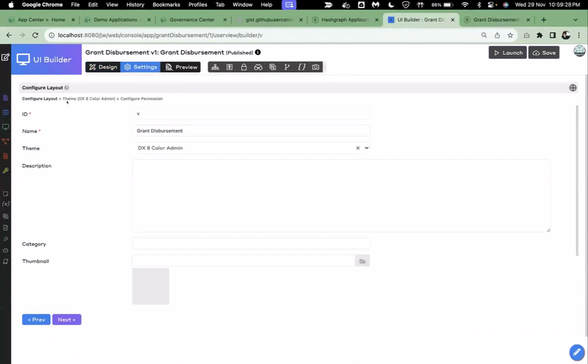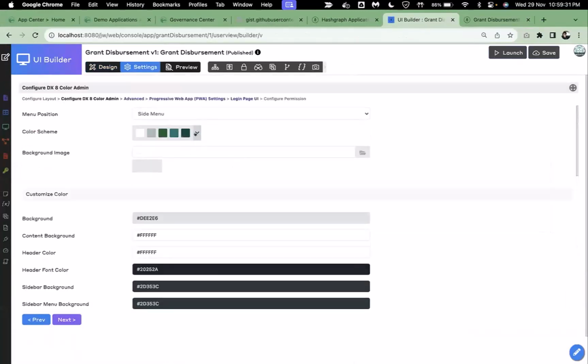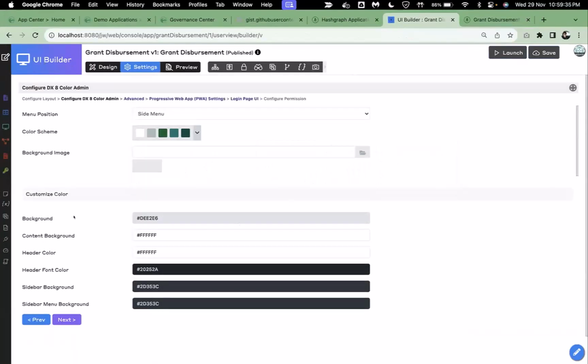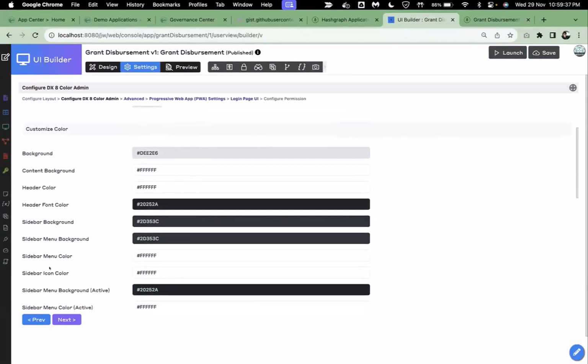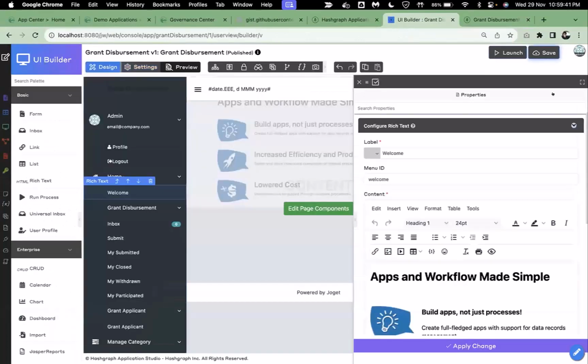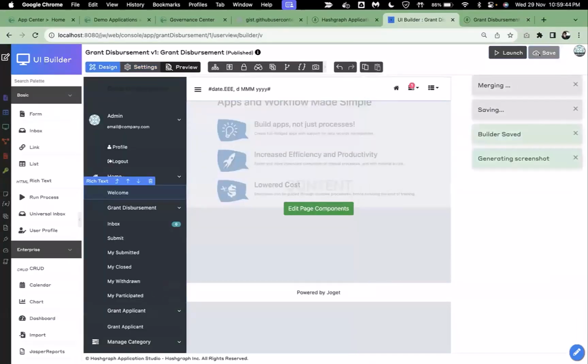I'm just going to select one of them, and I'll leave it at the default color palette, although there are several that we can choose from. If you need to modify, such as the background, the sidebar color, we can do it all from the configurations in here. There's a lot of them to tinker around. And when I click save,